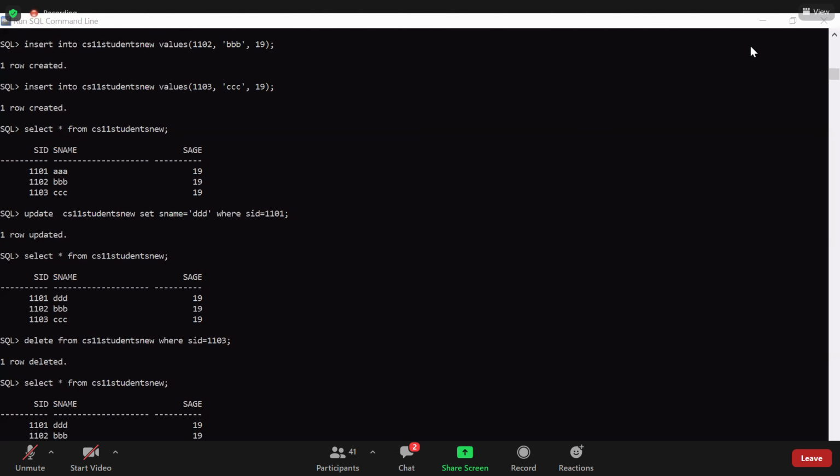Column name? Then you can go with the alter drop command. If you want to delete a column, then you can go with the alter command, and using the drop keyword, you can delete it. Got it?